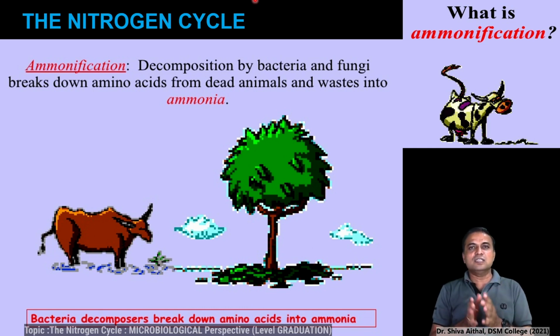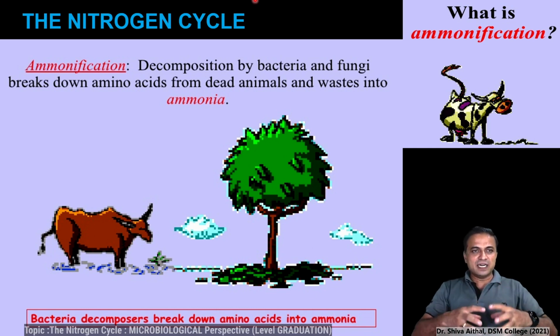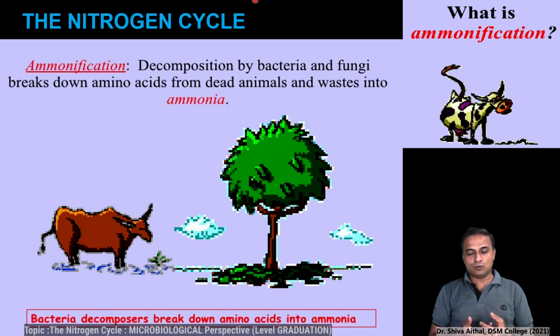So ammonification is the decomposition by bacteria and fungi, which break down compounds like amino acids from dead animals and wastes into ammonia. Bacteria are the decomposers. Now here there are two parts of ammonification. Ammonification is ammonia getting converted into a simpler form in the next step, nitrites and nitrates, and the second part is